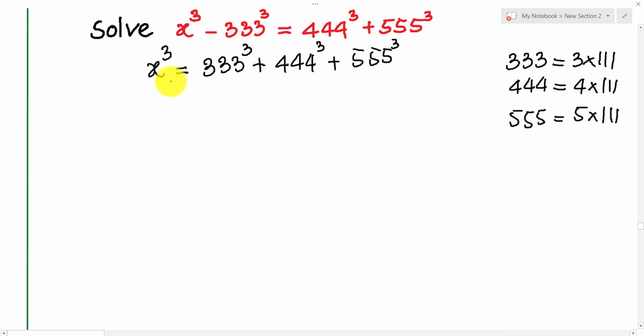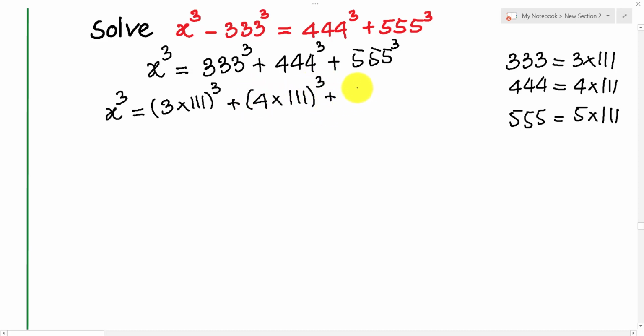So the equation I can write is x power 3 equal 3 multiplied by 111 power 3 plus 4 multiplied by 111 power 3 plus 5 multiplied by 111 power 3, and then we get x power 3 equal